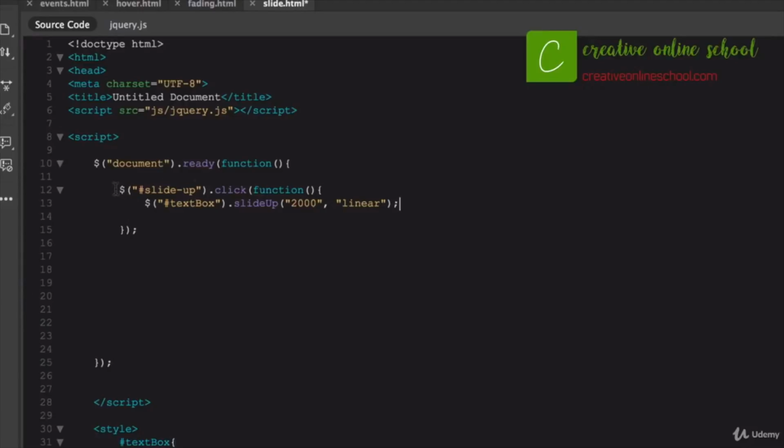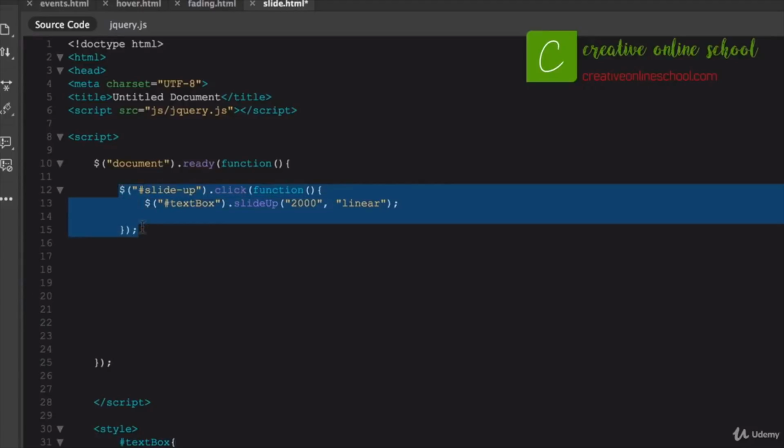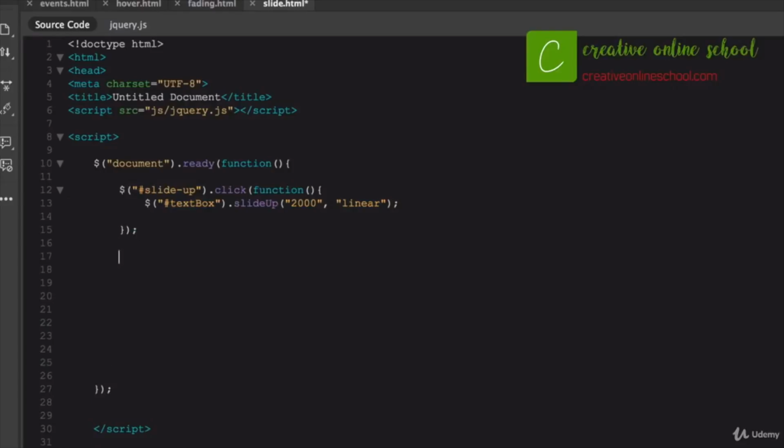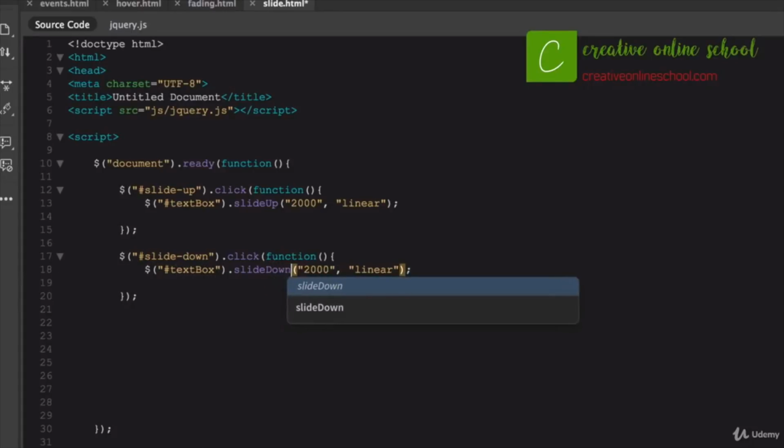Alright, so now we have to do basically the same thing to make it slide back down. You don't want your text to slide up and then just disappear forever. So I'm going to create another button that will give the ID of slide down. And same thing here, we're going to add a click, and give it a function, and we're going to target the text box. And in this case, we're just going to say slide down, and we can give it the same duration right there, or we could say